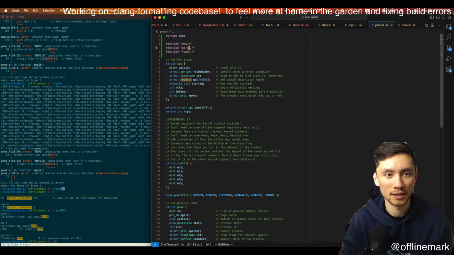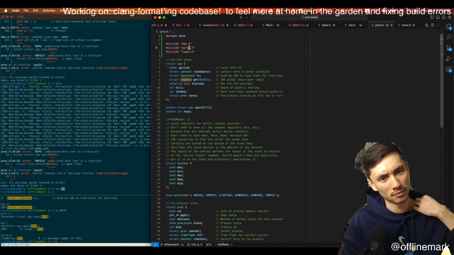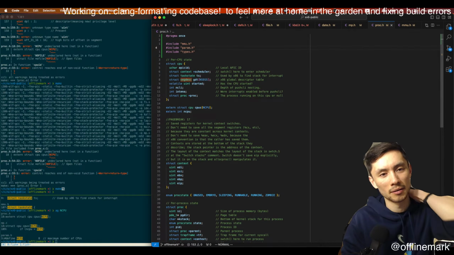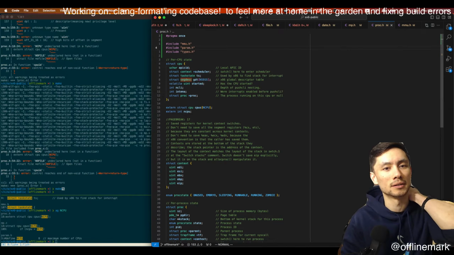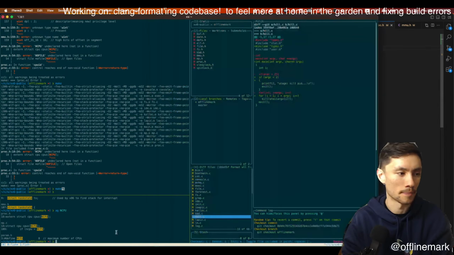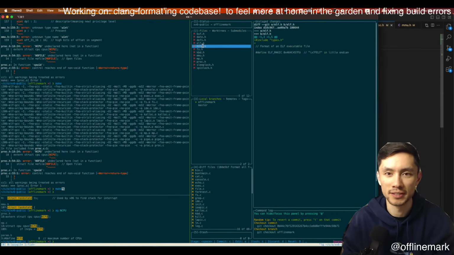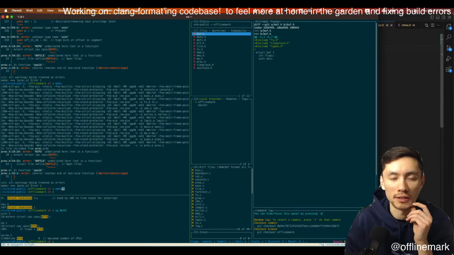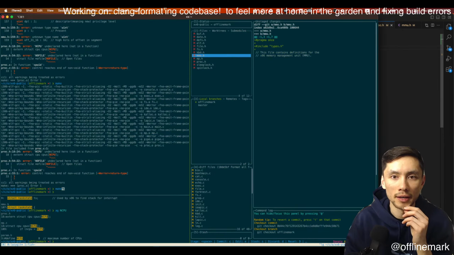I literally don't know how this code could have compiled previously, but there must have been extremely brittle, the code must have been extremely brittle absolutely everywhere.